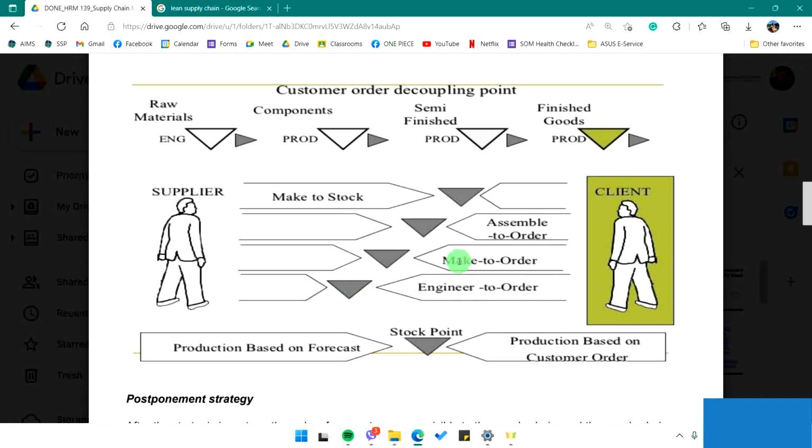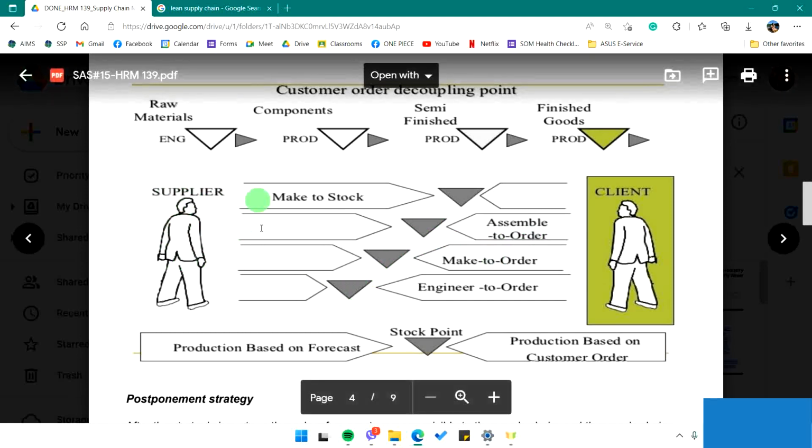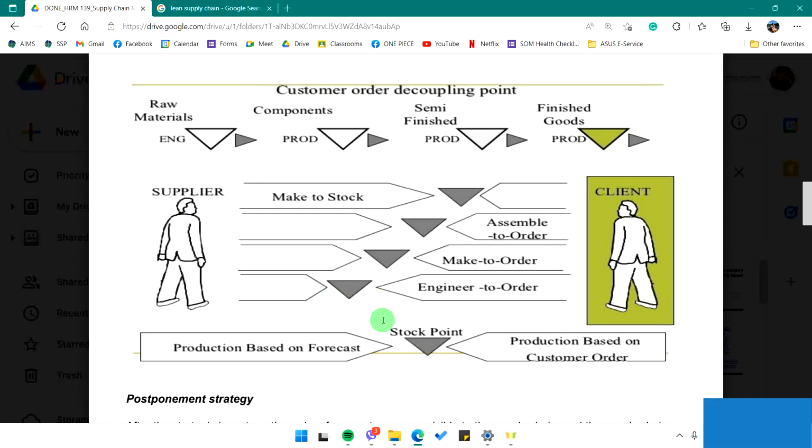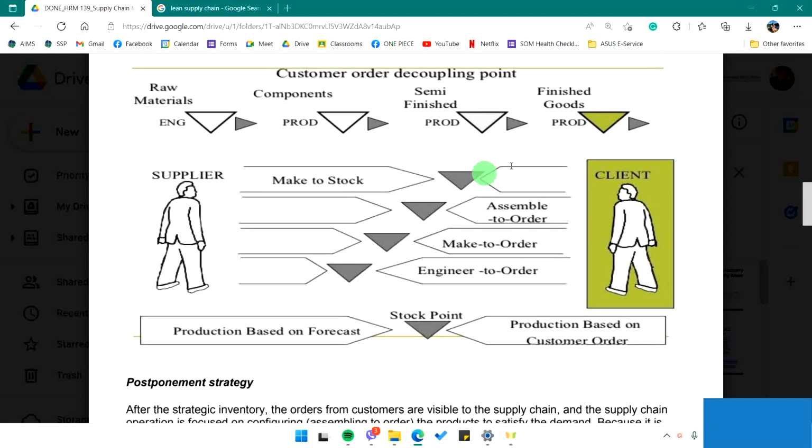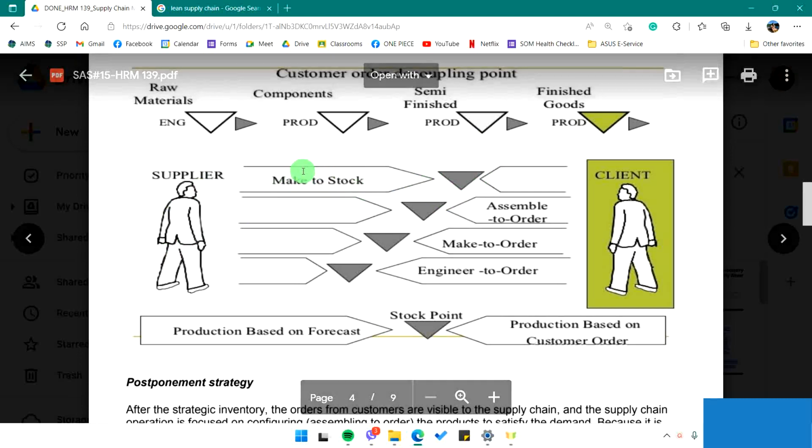So pag engineer to order or make to order or assemble to order yung ating mga produkto or supply chain, papalapit yung order decoupling point. Papalapit sa supplier. Malalaman niya ngayon kung ano yung order mismo ng guest natin or ng customer. Whereas compared pag make to stock or yung lean management supply, yung order ng guest, yung mismong order ng ating customer, dito lang banda, sa bandang dulo malapit sa client natin. So, kung mas malayo yung order decoupling point natin from the supplier, make to stock, ito yung lean management style natin, ibig sabihin talaga na